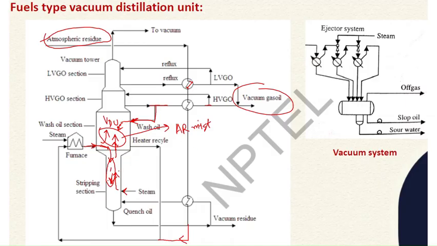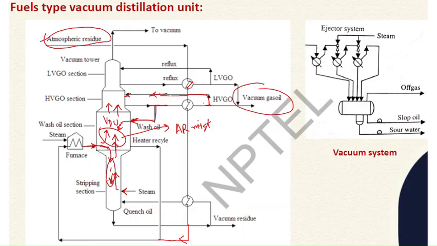Okay. If some amount of the atmospheric residue mist is also coming, meaning some amount of heavier portion or some impurity is there, then this wash oil washes it off along with it. So that's why this wash oil is introduced, and the lighter portion rises up, and at this plate the heavy vacuum gas oil is taken off, and this is not taken off directly. Some portion of it is again refluxed back.